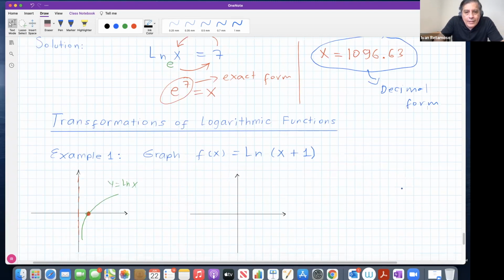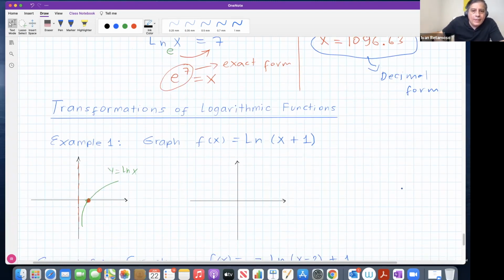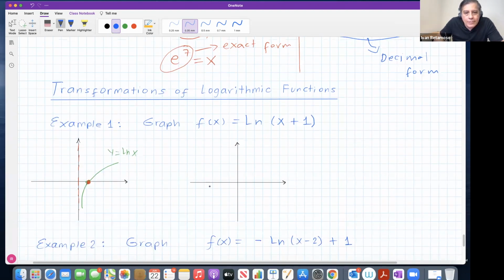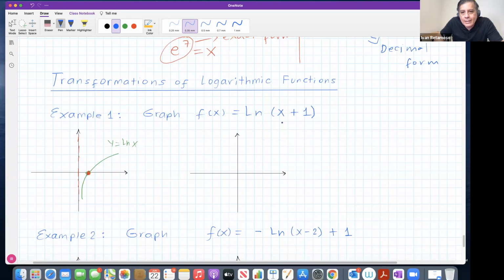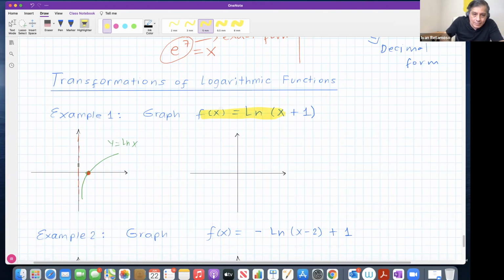All right. So now transformations can be applied also to logarithmic functions when the base is e, the natural logs. Here is an example. Suppose they ask you to graph this guy, natural log of x plus 1. I explained, right? Start with something that you know. For example, this. And then translate this 1 unit to the left, right? 1 unit to the left. So this is the vertical asymptote. This is where the curve meets the